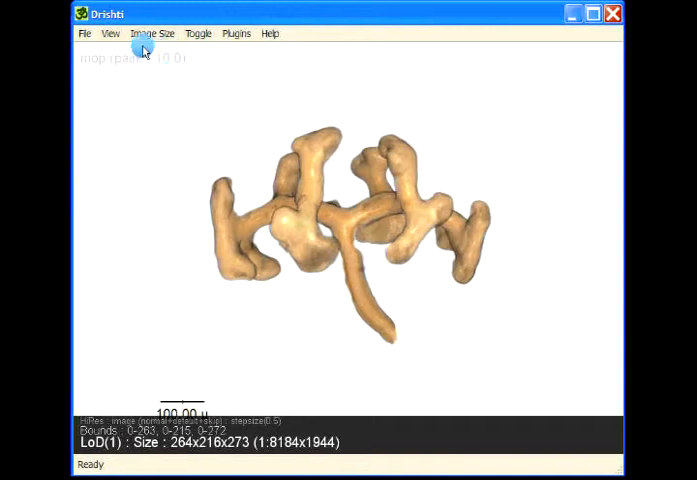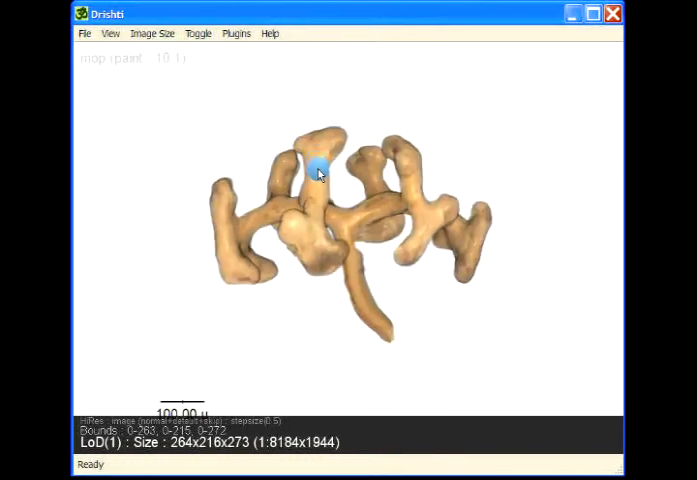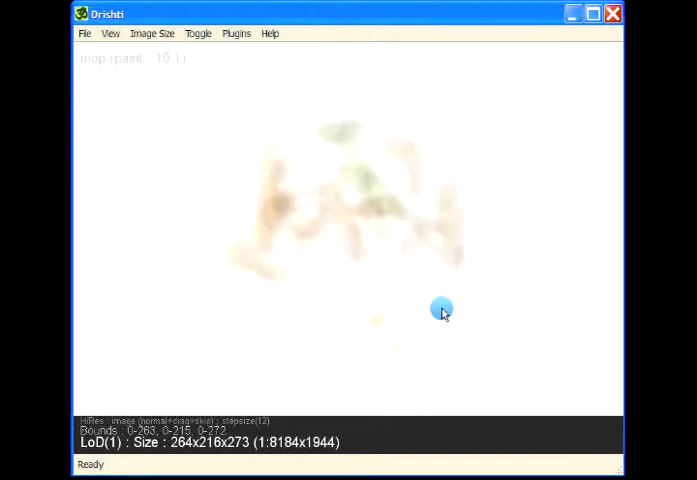Currently the radius of the sphere for the paint is 10 and the tag value is currently 0. So we'll change the tag value to 1 and then start painting. So here I have applied some paint. I've painted some stuff here,